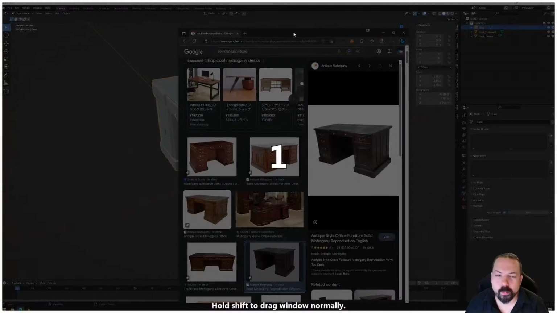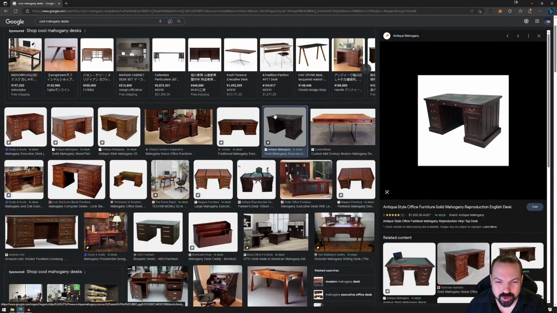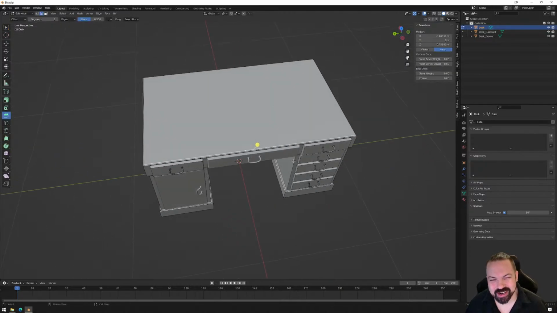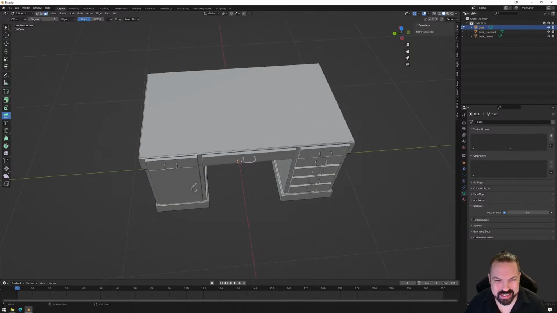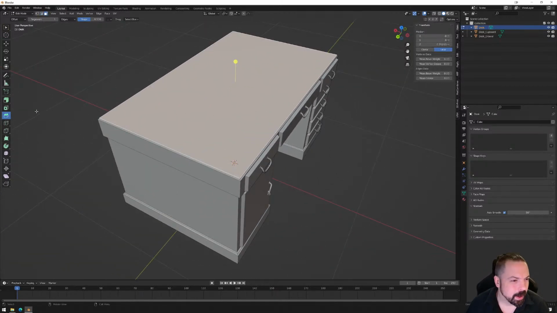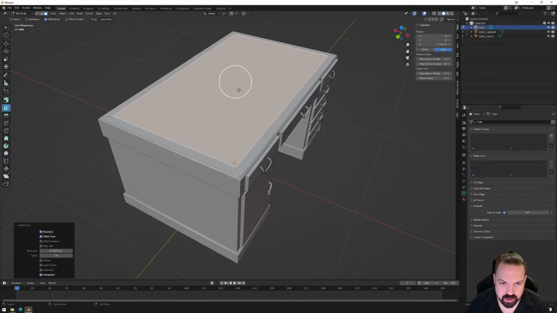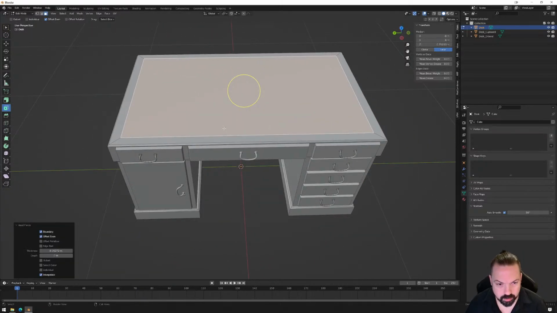Huh, interesting. A lot of them actually do have detail on the top. Yeah. Kind of want to now. I feel bad that I got rid of those three. So, if I had left those lines, this would have been super easy, but that's fine. I'm going to inset just a little bit. Maybe to there. I'm going to